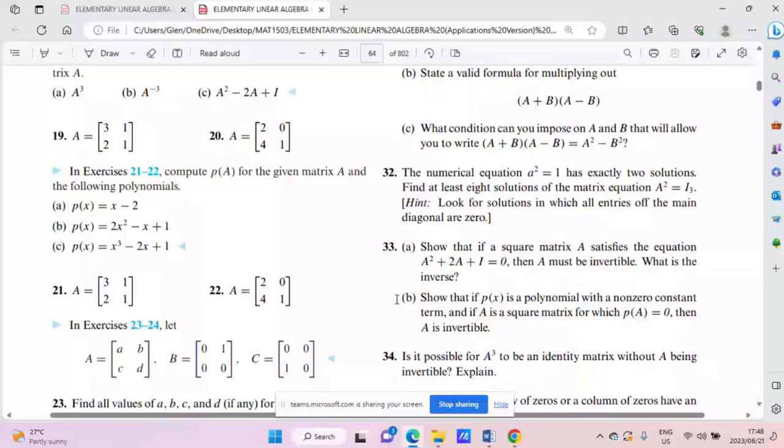So let's start by finding the value of 2A squared. First find A squared, then multiply it by 2. A squared will be matrix A, which is 2, 0, 4, 1,